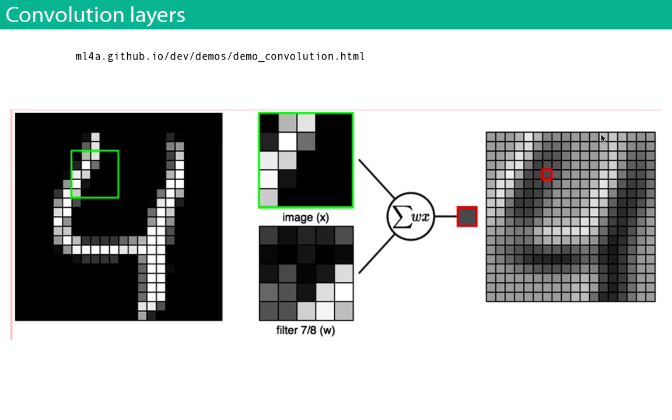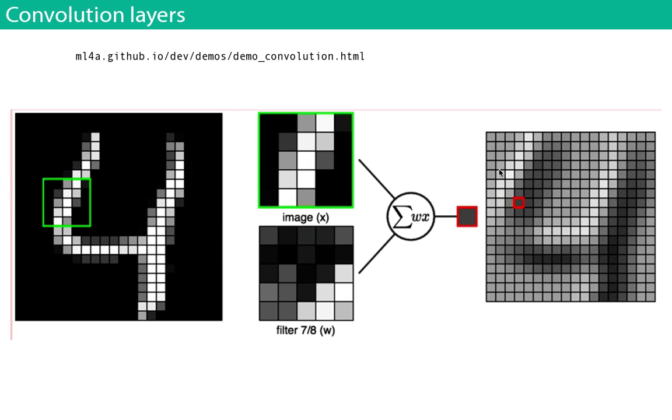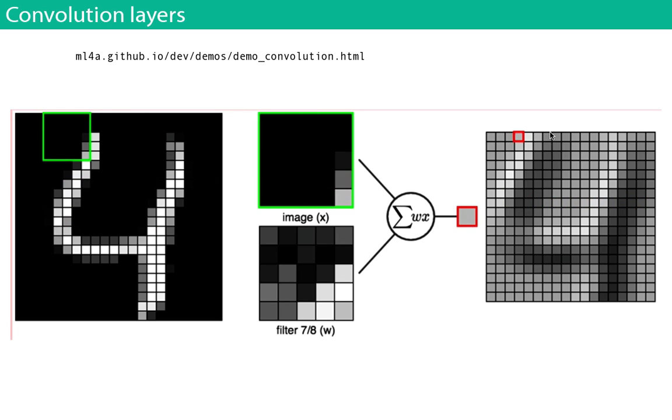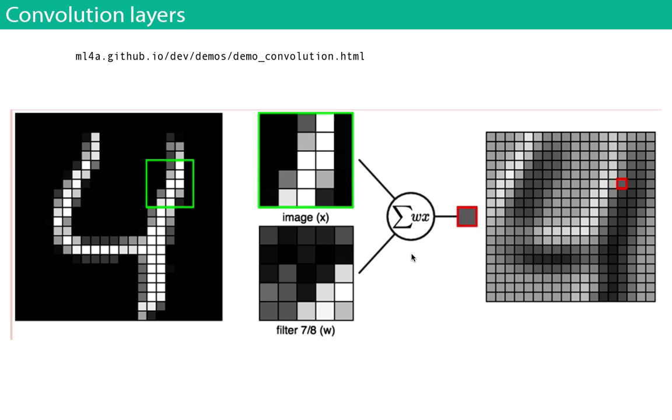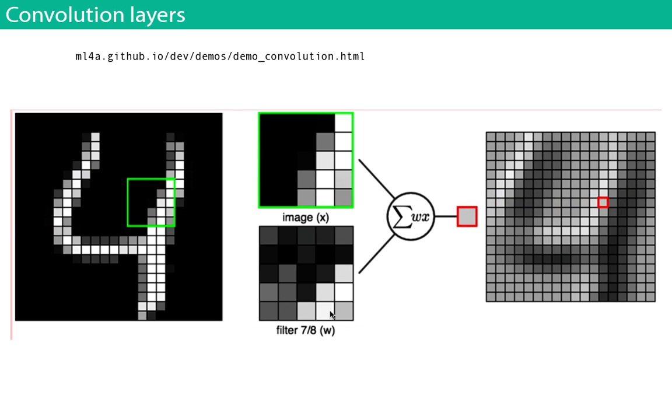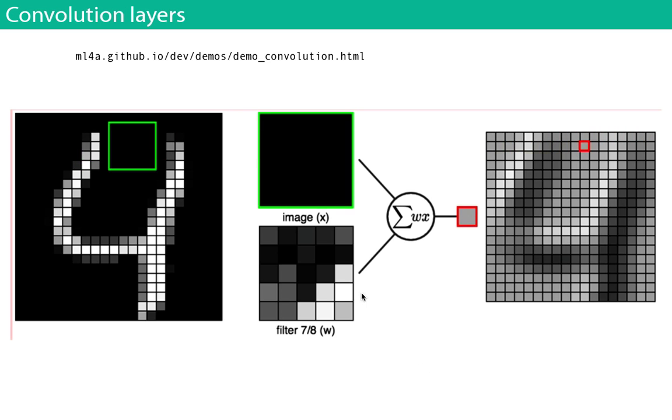So that's why this response that we're looking at, the red box, shows the response of this multiplication. The brightest parts of it appear in the parts of the 4 which have northwest dark, southeast bright. This is looking for these kinds of edges. It's kind of like an edge detector. We're looking for these diagonal edges, and so we find them here. And we'll have many of these.